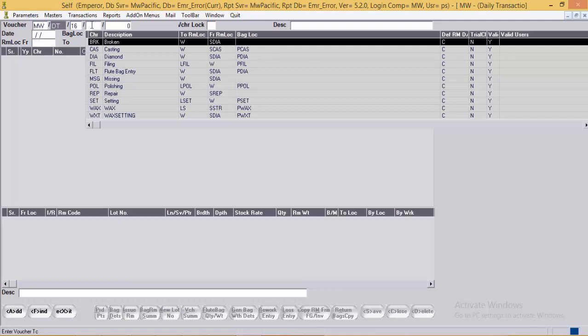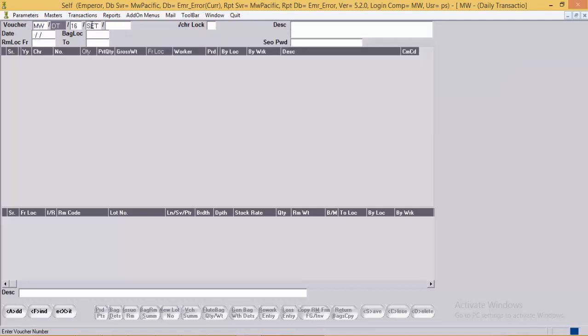Now we'll select the CHR as setting. Though this piece was wax set, but sometimes in case of casting, diamonds do get burnt out.